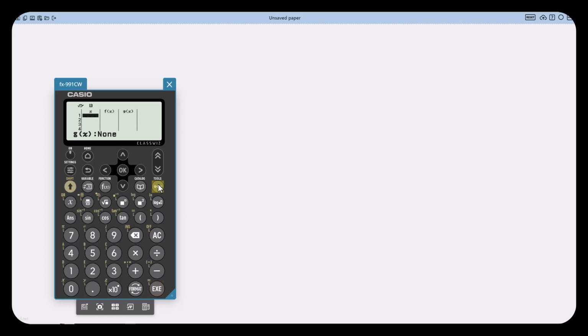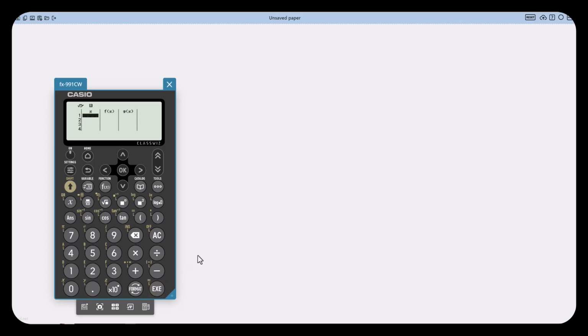I'm going to go back into Tools and define my g of x function here. I like to start with 2 because then I can use the negative and the positive of the function. So I'm going to use the negative version. This is a scientific calculator. I have a negative symbol above the subtraction, so to do that, I hit Shift, negative, and then I'm going to enter x squared, Execute to set.